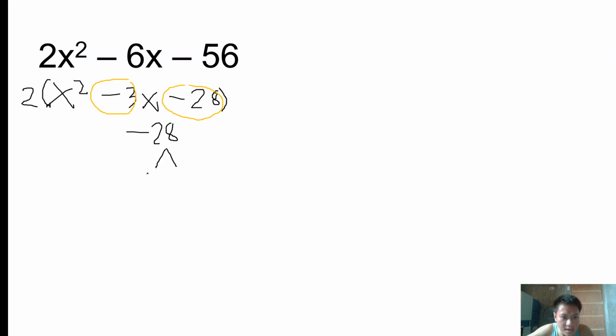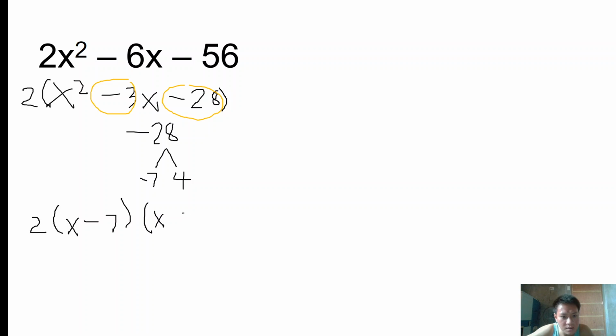Okay, alam natin na 7 and 4. 7 times 4 is 28. Since negative 28, one of these is negative. So we're going to have negative 7 plus 4. Kasi negative yung sign. Okay. So our answer for this, or the factor of this problem, is 2 times x minus 7